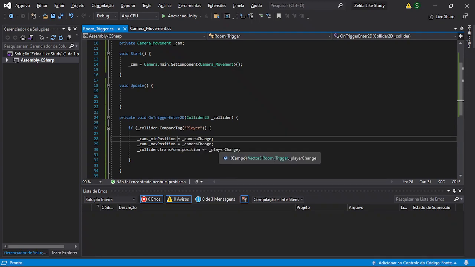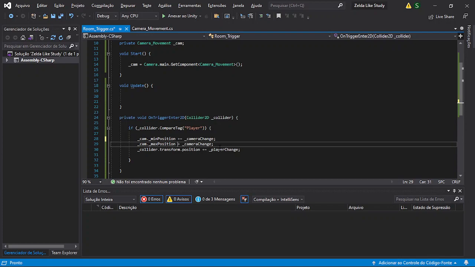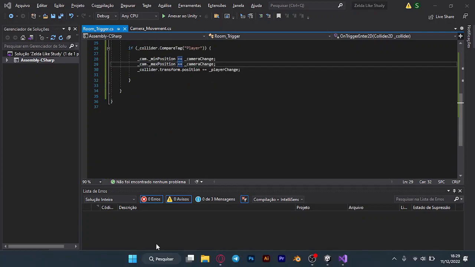This doesn't really work here. Let me just turn on the lights real quick. Yeah, that doesn't work here